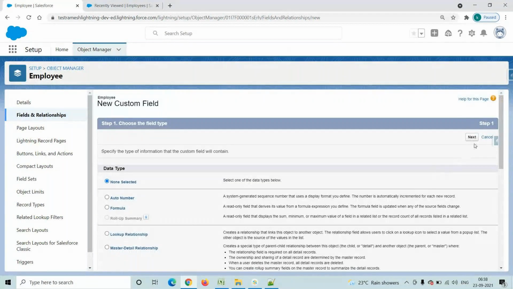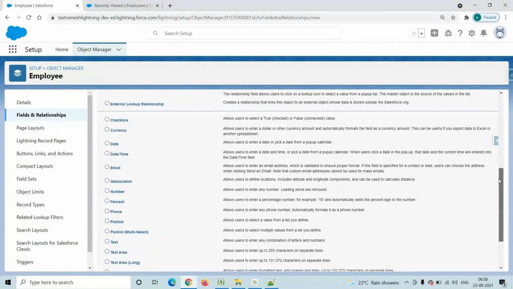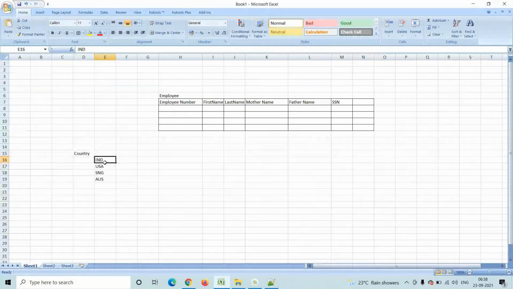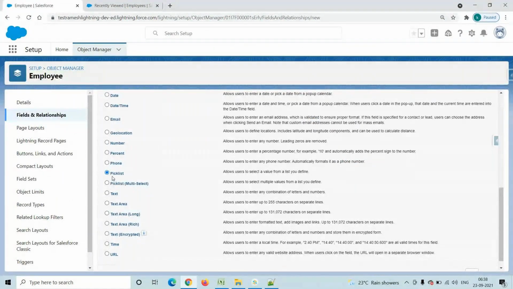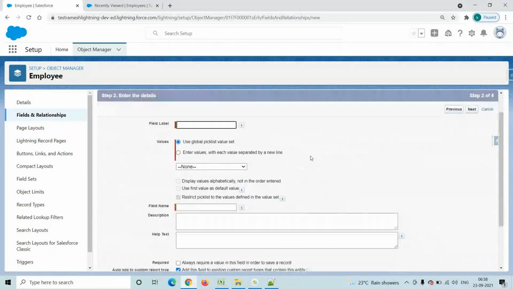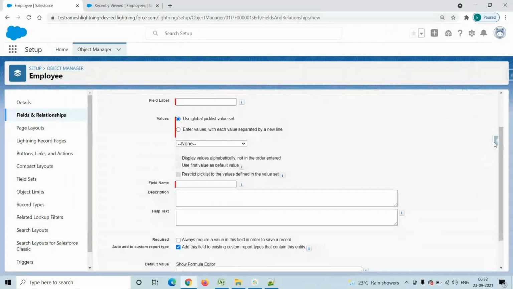While creating a field, the system will ask what kind of data you are trying to store in that particular field. My field should store these values, right? So based on my requirement, I am selecting the pick list data type here. Pick list radio button. Below here we have pick list multi select, that is a different one, we will discuss. So first we select the pick list data type and click on the next button. While creating a pick list field, we will get these terminologies here.